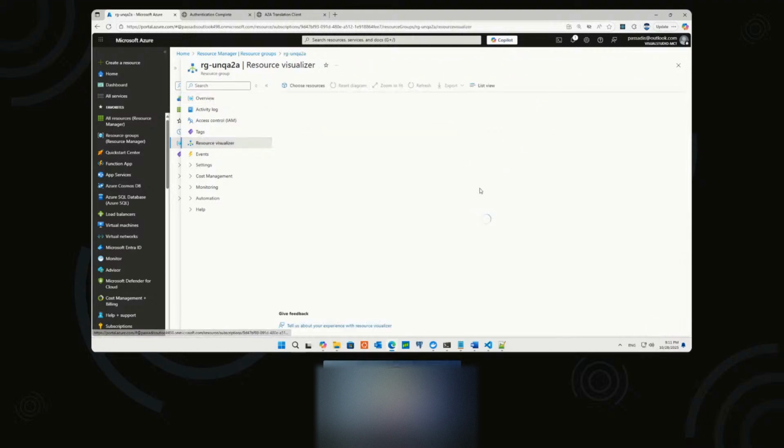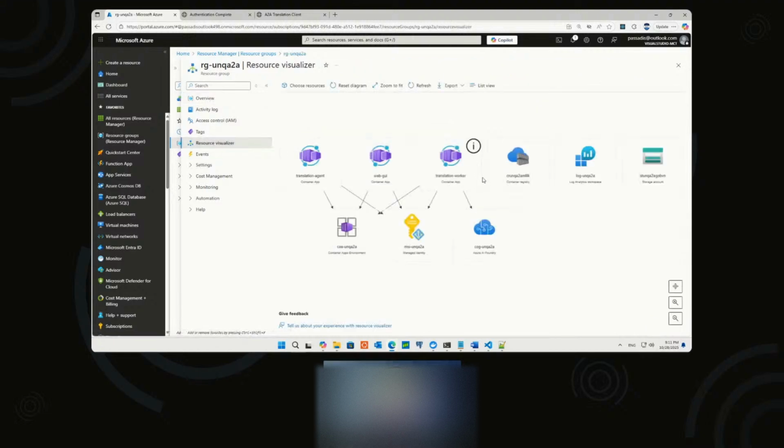Let's have a visualizer. I really like a visualizer. So we have the translation agent, the web interface we just saw, and translation worker. We have created also our container registry. So the images were pushed from our workstation to the container registry. Log analytics, and